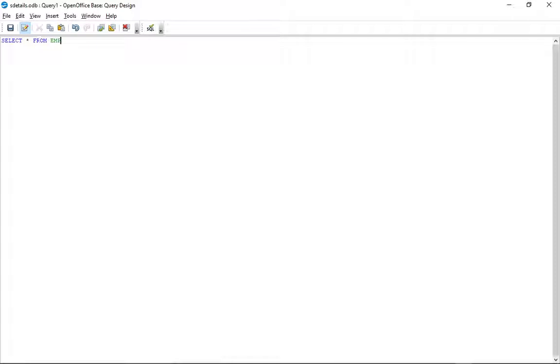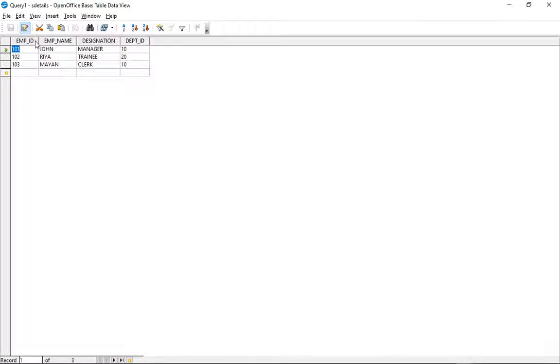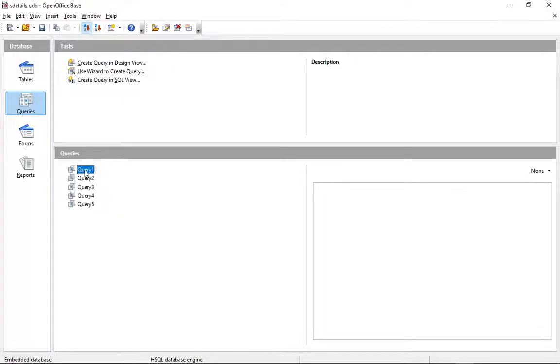Select star from employee is a select command, a DML command to display the table. So I save that SQL query, and when I double click it, the employee table details will display. Are you clear? That's how we can use these queries to view particular content in the table.